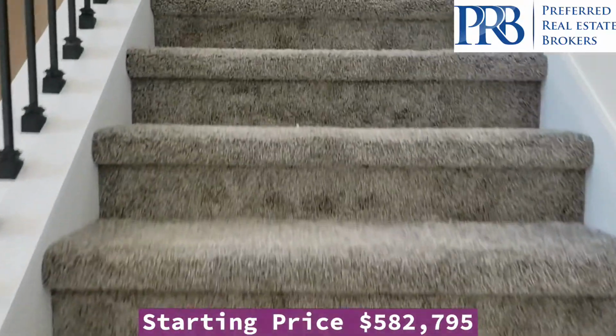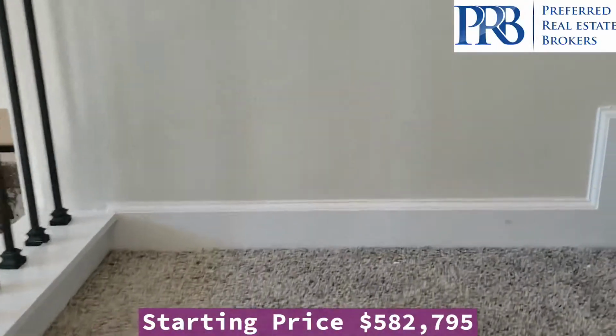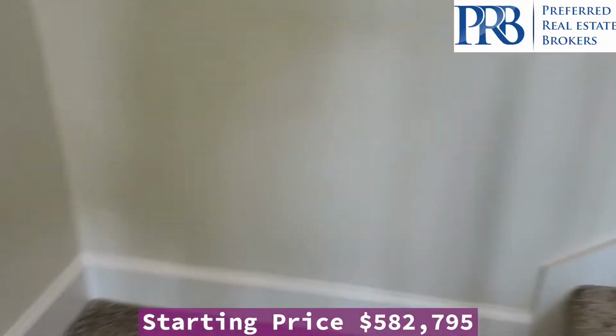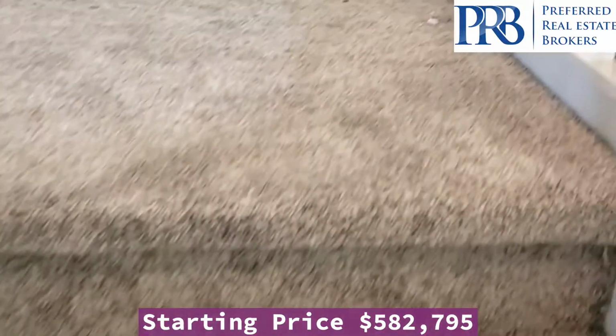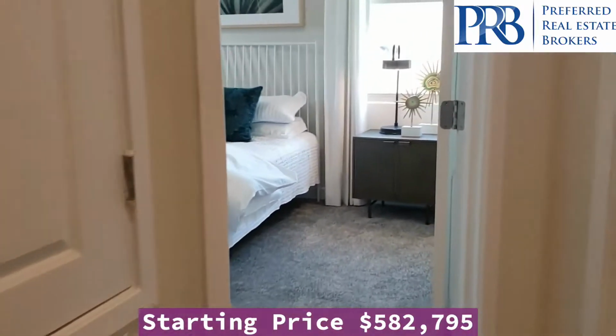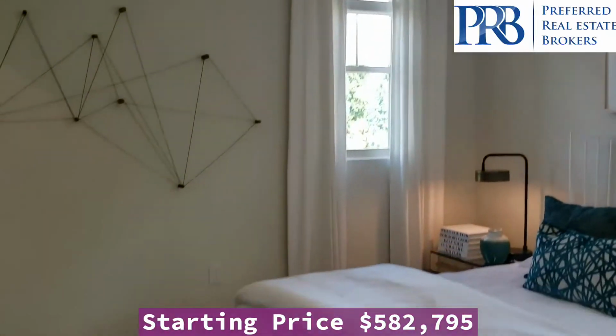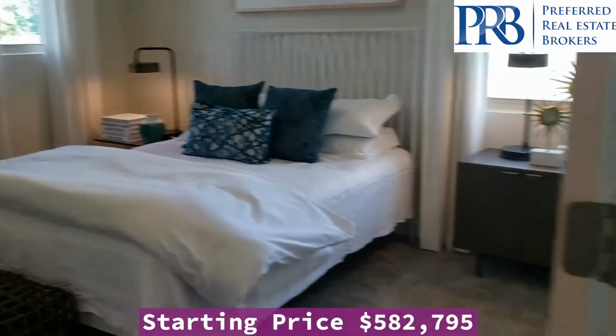They're working on that as well, so I'll try to dodge the workers and stay out of the way the best I can. There is an inventory home available on this model, and the starting price is $582,795. You have all your bedrooms upstairs, so this would be your second bedroom